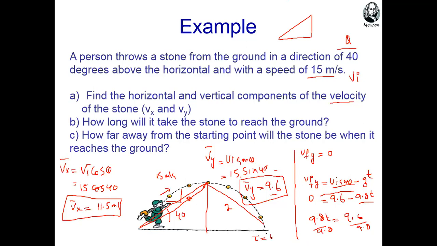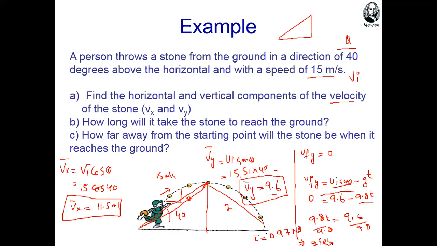Almost 1 second, sir. So 0.9 something. 0.97, yes. You can take 1. Then multiply with 2. This will be the total time of flight, the total time of the ball to go from initial to final position. Correct? So you can take 2 seconds here, or 1 point something. Clear?